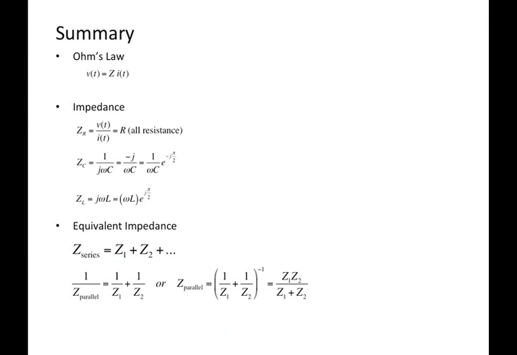So just as a brief summary, again, we're making these non-ohmic devices ohmic, right? How do we define Ohm's law in exactly the same way? Voltage is equal to the impedance now times the current. But the impedance is just the voltage over the current. For the capacitor it's just 1 over j omega C. For the inductor it's j omega L. And then if we have capacitors, inductors, resistors in series or parallel, we can figure out what the equivalent impedance